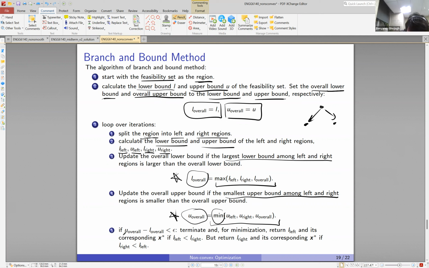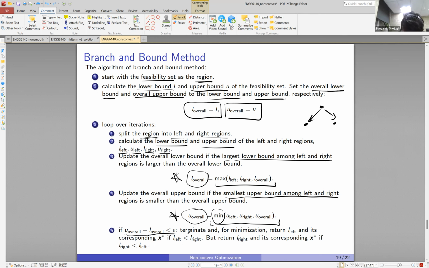If U overall and L overall, their distance is less than epsilon, of course, L overall can't get larger than U overall. In the best case, L overall will reach to be equal to U overall. So there is always a gap, which this gap might become zero. But as long as it becomes smaller than some small epsilon value, then terminate. So this is a convergence criterion or termination criterion. Okay, terminate, and then